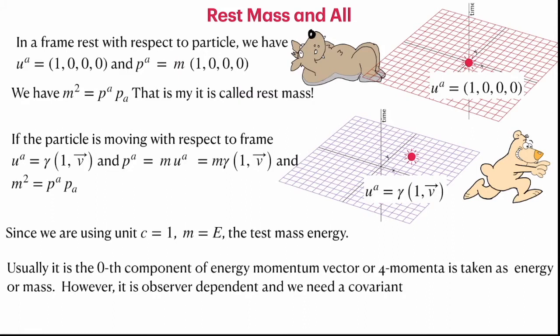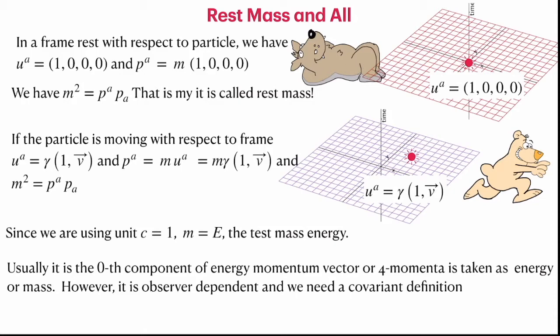You might have studied that the mass of the particle would be an observer dependent quantity. It is a somewhat strange, or sometimes also called a misconception. It is actually the zeroth component of the energy momentum vector, or 4 momentum, that changes depending on who is observing, and that observed quantity you may take as the mass of the particle, but it is not the rest mass. You see that that would often come as m into gamma, and it depends on how fast the observer moves. So here comes a very important concept, that some of these quantities are observer dependent.